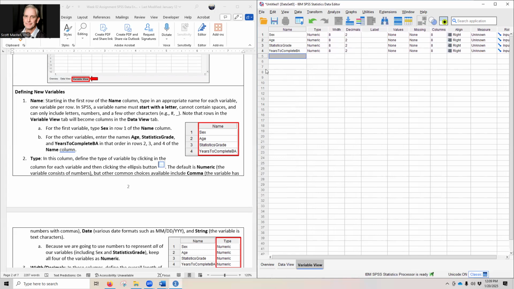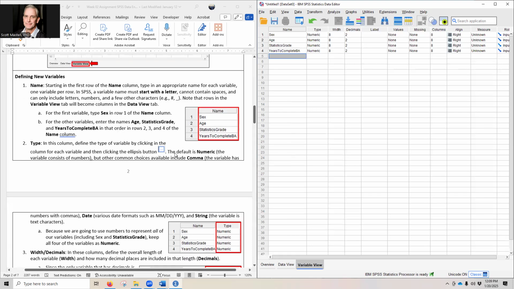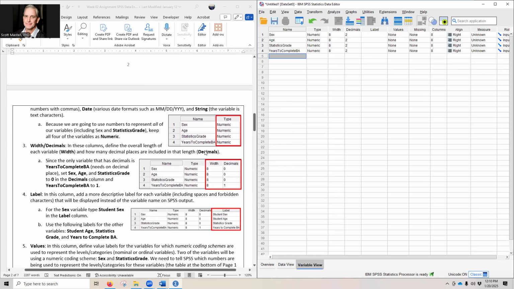All right, so in the type column, we have to define what type of variable each one is. Numeric works for numbers. Other common choices that we use are comma, for example, or dates. We don't happen to have any of those, so numeric across the board is fine. In terms of decimals, the default width for a variable is 8. It doesn't hurt to define something as longer than it actually is most of the time, but the decimals will